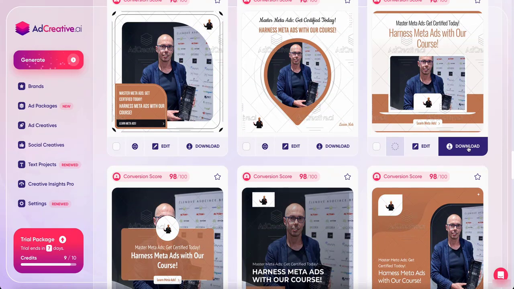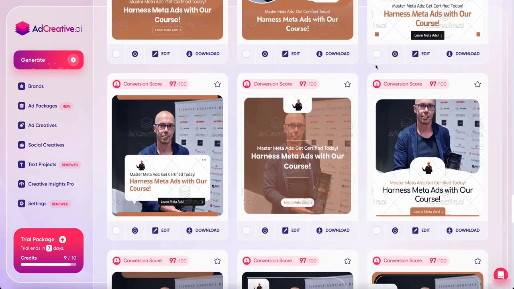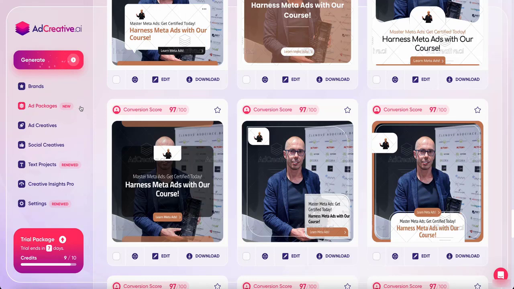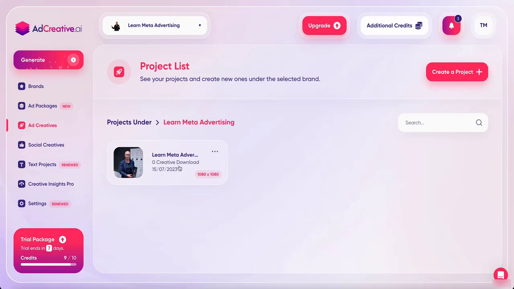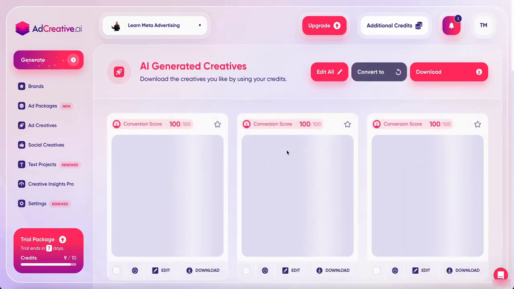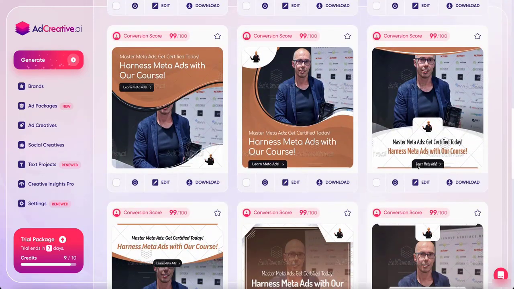If you click to download, it will use your credit. It will remove this protection for the system, and basically you can start advertising immediately. So this is about AI creative. It can also help you to create complete packages, but I really like the way it creates the projects, and I like that you can quickly return to it. So if you like it, please feel free to use it. It will help you to generate quickly many great ideas and many great ads you can use.